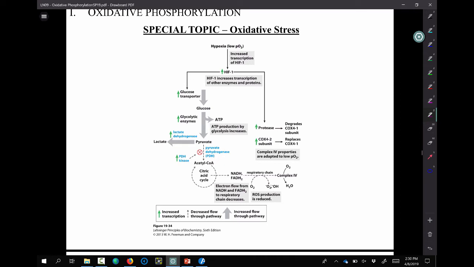Okay, and the reason is again, you have an imbalance of the electrons going into the electron transport chain and coming out. The only way electrons come out of an electron transport chain is through oxygen. So if you have a reduced amount of oxygen, you can have more electrons entering the chain than are leaving the chain. And so then you get accumulation of electrons in the chain, and then you get oxidative stress. So hypoxia, strangely enough, can lead to oxidative stress. Okay? So we'll start up here. We won't talk about the signals that will lead to this, but that will lead to an increase